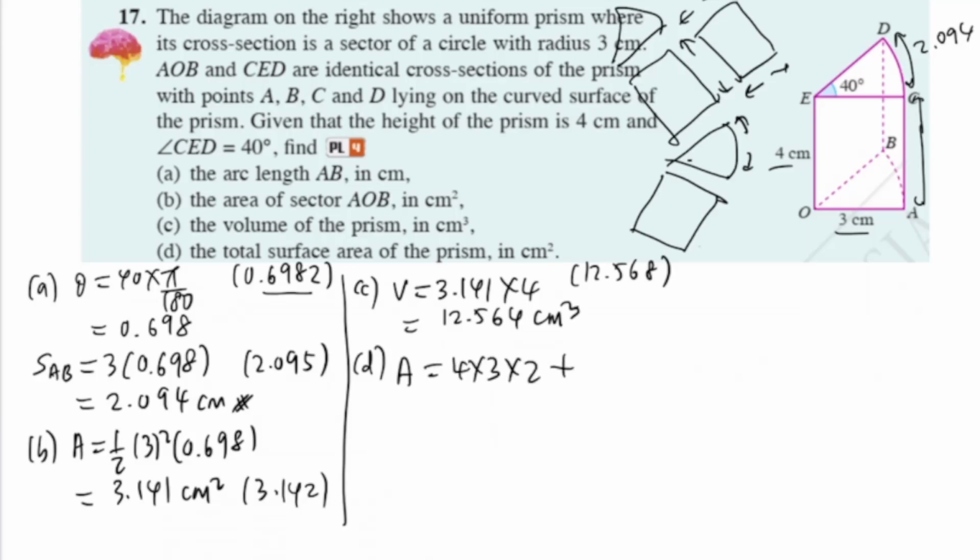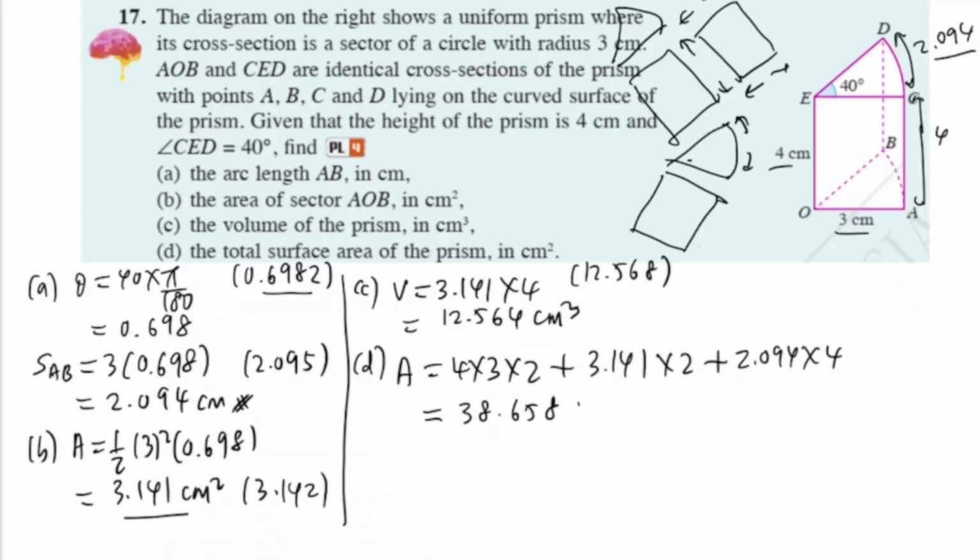Then the area of the sector also already have it here, 3.142, 141. I have 2 of them. And then the back part, like I said, is actually a rectangle with the length of 2.094 times the height of 4. So it's 2.094 times 4, and your total surface area will be